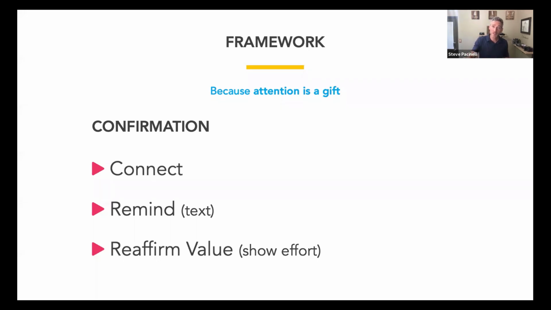Attention is a gift. Time is an asset. You want to make the video as brief as possible with the most amount of information. So remind in the text. The only two things you do in the video is connect and reaffirm. And here's the key with the affirmation. So if I was reaching out to you, Scott, I would connect with you somehow, and then I would say something like, great,